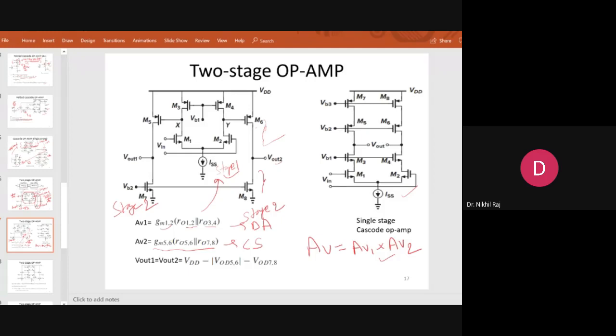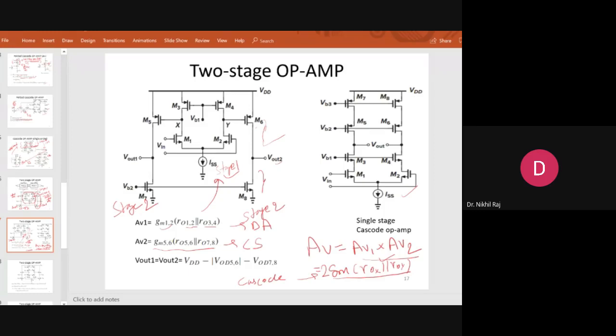Now coming to the swing operation. If you do the product, what you will get here is 2 times gm and also ro, let's say rox parallel roy. So we are getting twice the gain. This is nothing but showing the cascade. It is showing somewhat of a cascade gain, almost equal to cascade. This means if I am designing a two-stage op-amp, then I can achieve a gain comparable to a cascade op-amp.